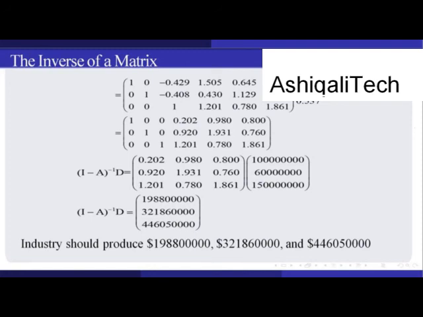Hence, industry 1 should produce 1988,000,000 worth of output. Industry 2 should produce 32186,000,000 worth of output, and industry 3 should produce 44605,000,000 worth of output in order to bring supply